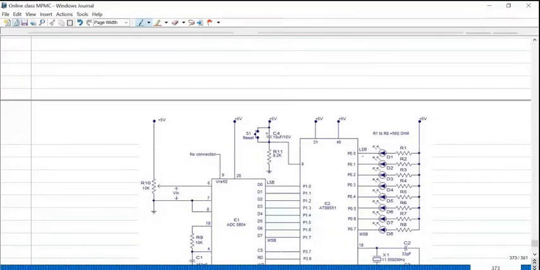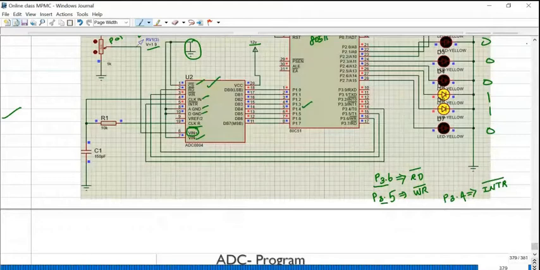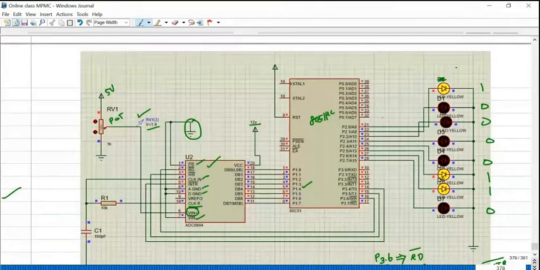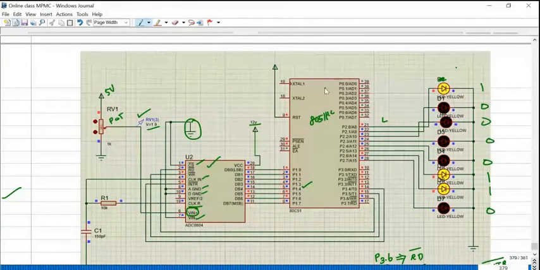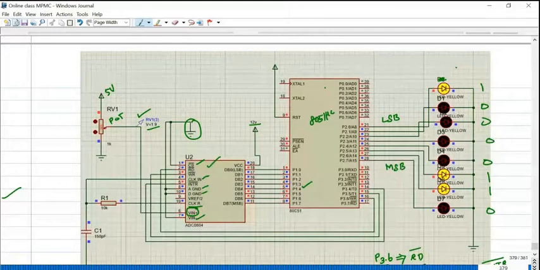I have used P2. P2.0 is the LSB, the least significant bit, and this is the most significant bit of the output.